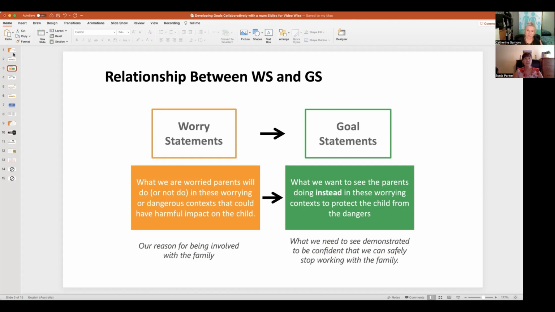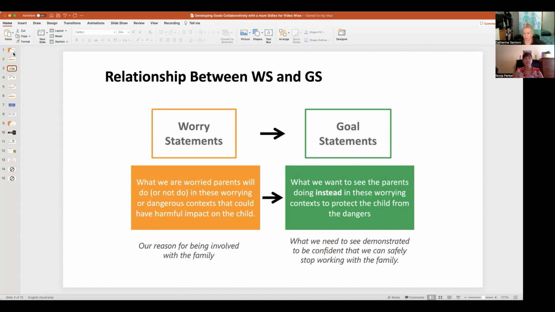So for every worry statement in a case planning process with the family, we want to have some corresponding goal statements. And these goal statements are simply, as Sonia just said, what we want to see the parents doing instead in these worrying contexts to protect the children from these dangers or these worries. And it's the time frame again, thinking about the time frame, we need to see that demonstrated for a while,